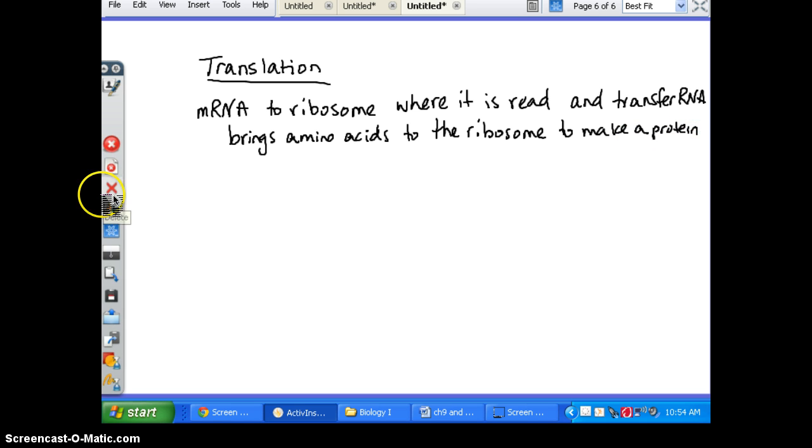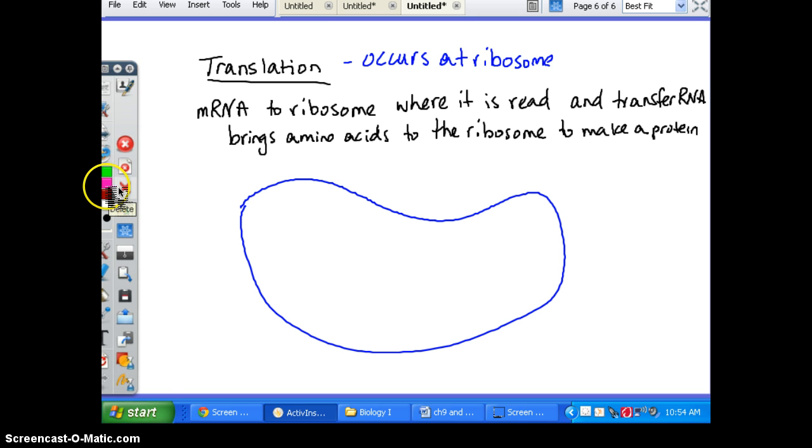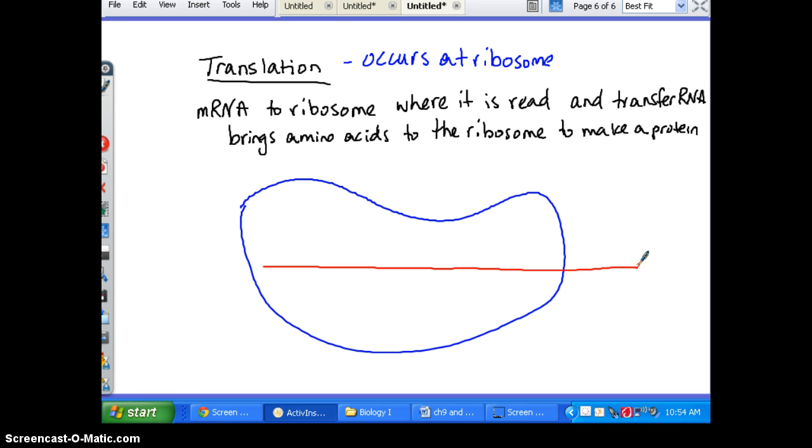So here's our step. We are going to have the ribosome. So this occurs at the ribosome. Okay, so we're going to have messenger RNA that comes and gets read in here, and then